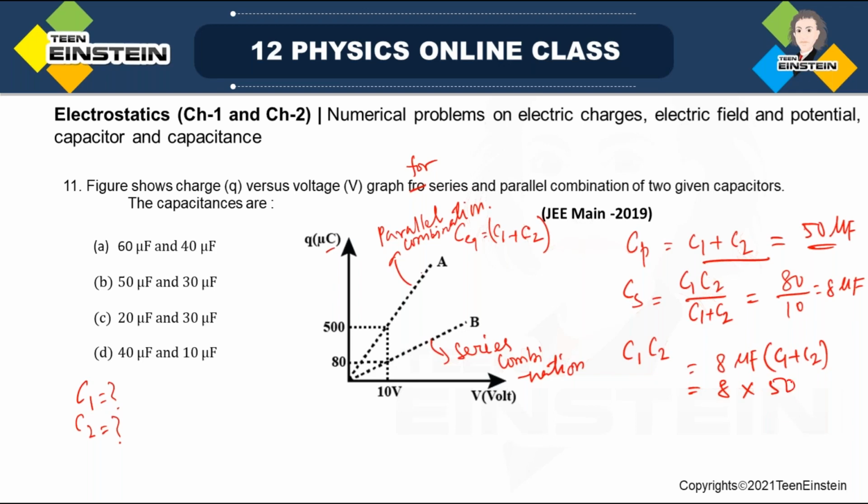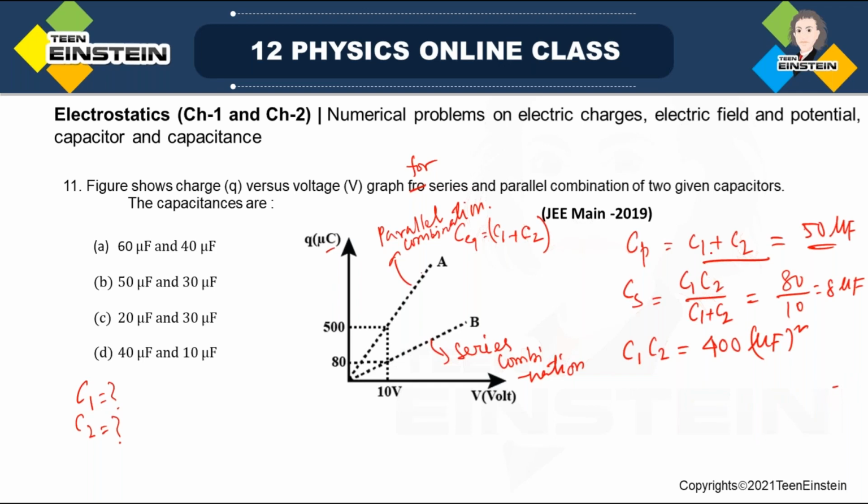So this is 50 microfarad square. Okay. So from here we are getting C1 and C2. I'm just erasing this part and writing it directly. So C1 and C2 we have as 400 microfarad square. Okay. Now look,